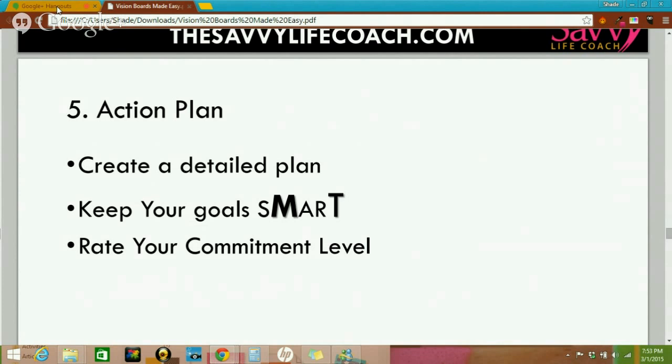Time frame. Now, back in 2010, 2009, when I created that vision board, I didn't know that it would take me 5 years to make that happen. I had no idea. And at the time, I didn't even think about making a smart vision board. That wasn't even on my mind. But in 2015, I don't have another 5 years to wait for some of my goals to happen. May take that long, but some of the other goals I don't have that kind of time to wait. So I need to put a timeline on it.